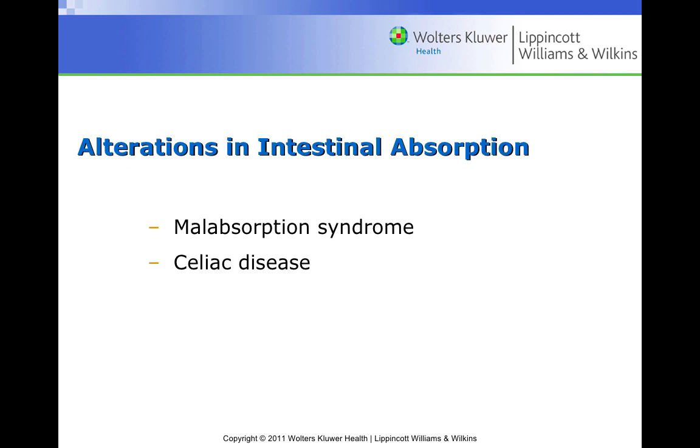So again, know that when you come in with GI disorders and complaints to your physician's office, there's a lot of history taking and deciphering that needs to go on in order to determine what is really happening. In the case of celiac disease, we would do some sort of an intestinal biopsy just to make sure that it isn't one of the other diseases that we've talked about. With celiac disease, we see high levels of IgA in the blood, and we treat celiac disease by diet alteration, eliminating glutens from